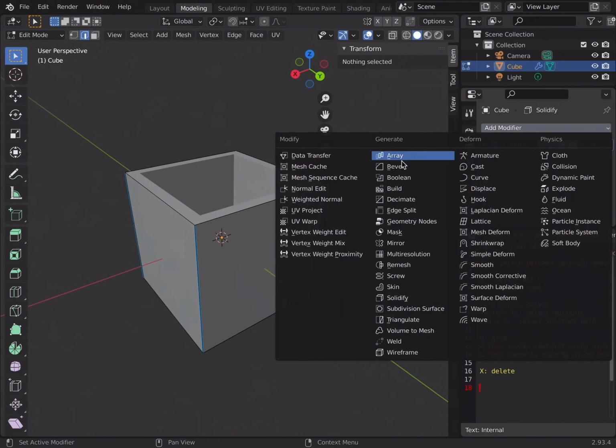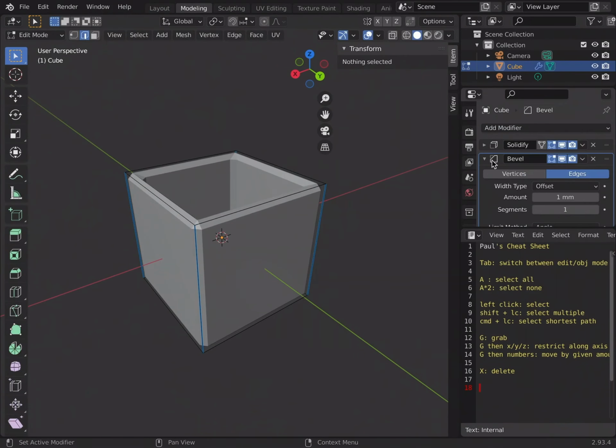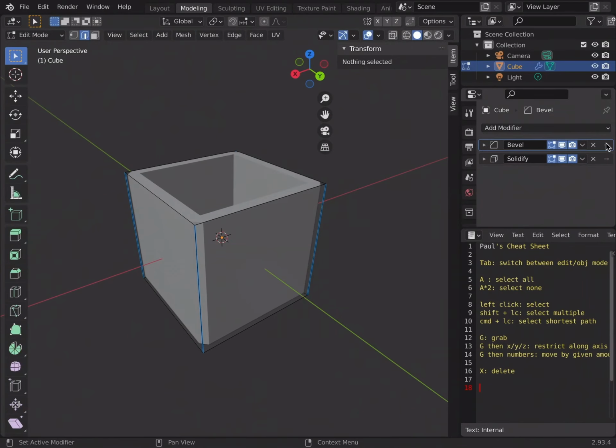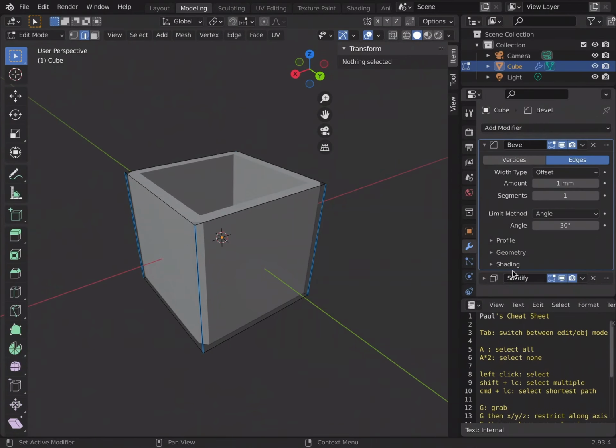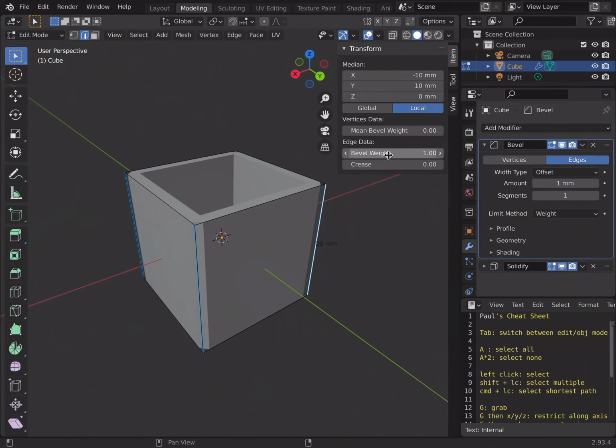And I go into the modifiers and select the Bevel modifier, and I make sure to move it up, so this rounding modifier is applied first. Then I go into the limit method. I'm not going to choose angle, I'm going to choose weight, because if we remember, we have changed this bevel